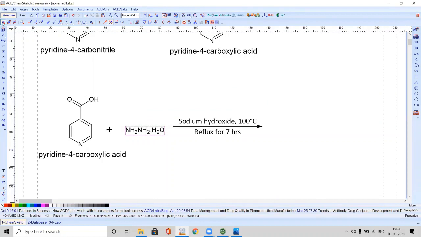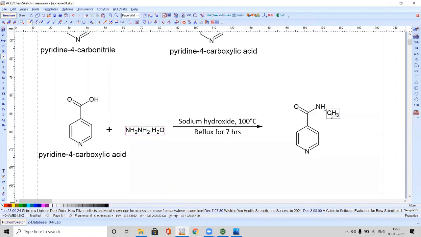Then take this chemical structure, copy it, paste here. Now here, instead of the hydroxyl group, you need to keep NH and NH2. For that, select the carbon atom, click on this oxygen. Now select the nitrogen element. Simply click here, automatically it will show NH.